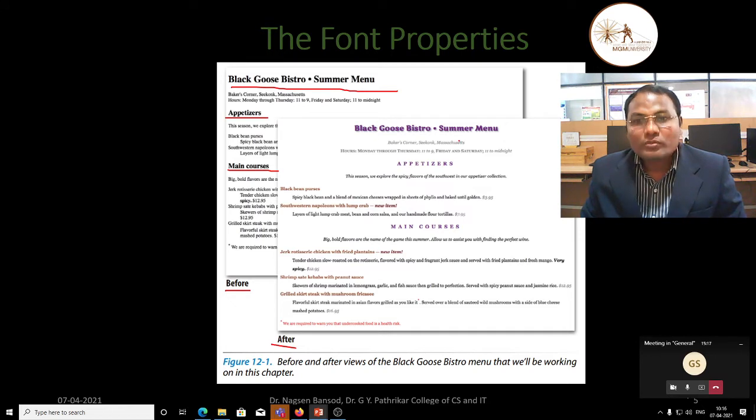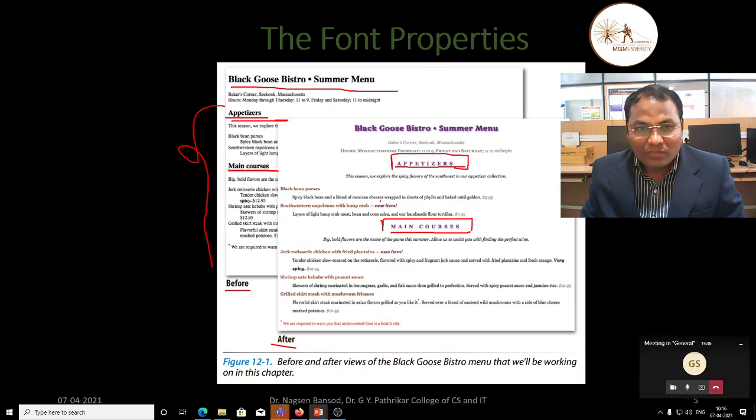So Black Goose Bistro Summer Menu will appear like this after applying the CSS. You see the main course, which we have to write like this. To write like this, or to change the appearance of the content, we have to use CSS. Some similar kind of web page we can design with the help of CSS.